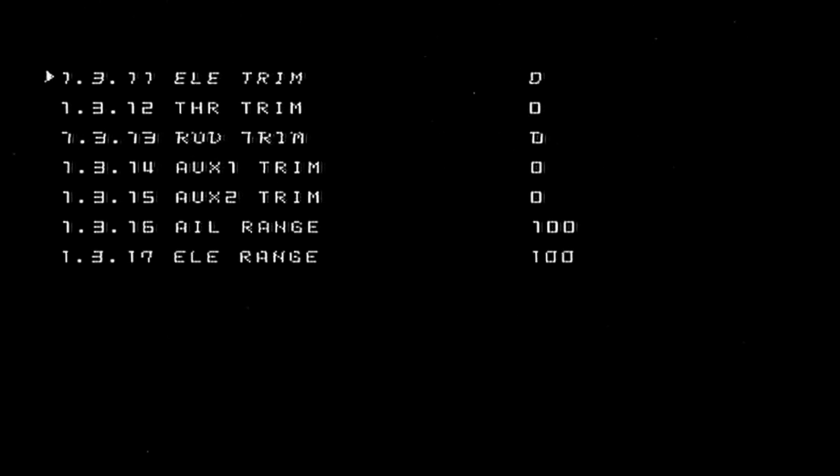Range, again, I can see why, because in order for the joysticks to move, you have to have it all the way over to 100% in order for an input to go through. So if you want to calm your servos down, you could do 1.316 and 1.317 there. But I'm just going to do dual rates on the radio. So if we come out of there,